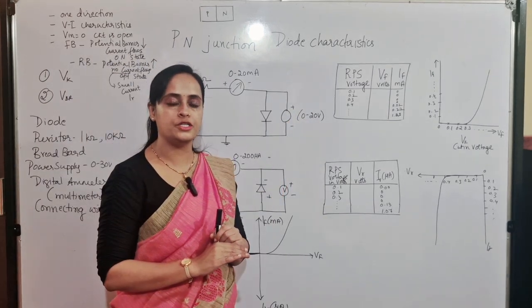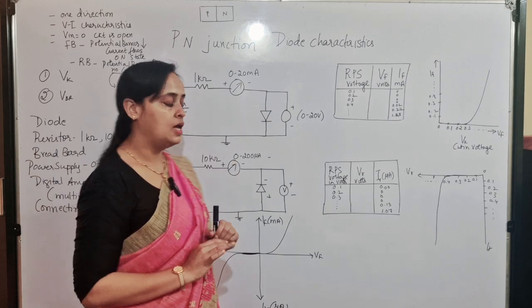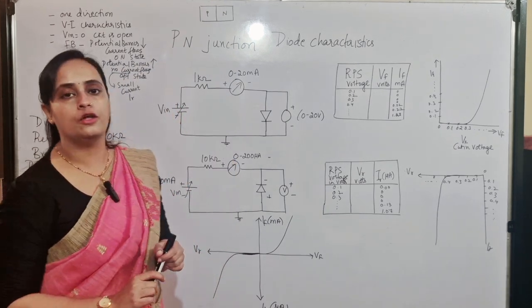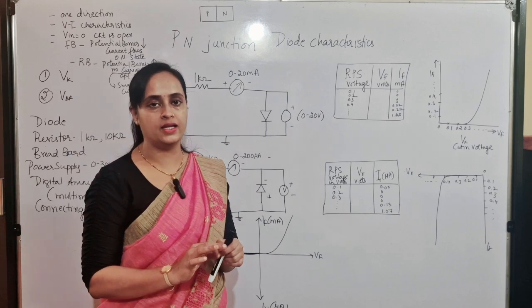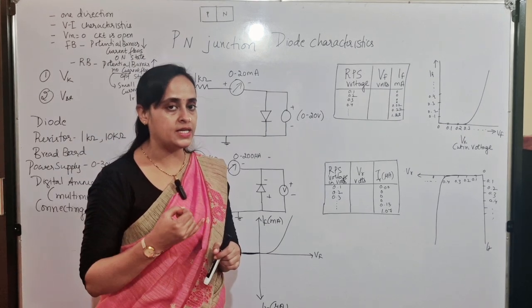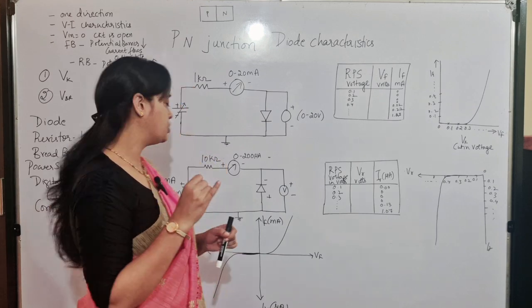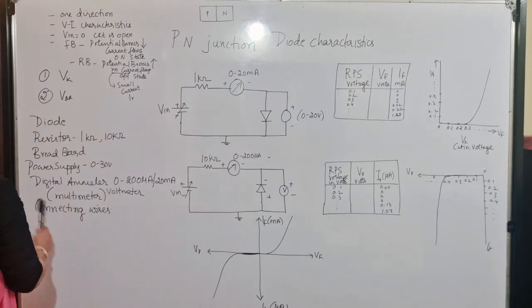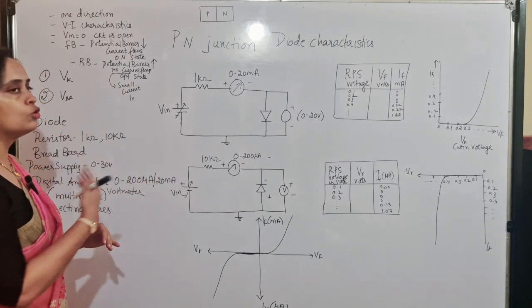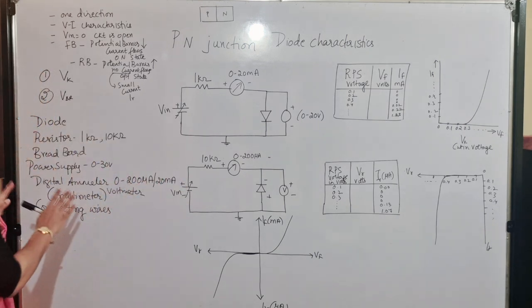The multimeter should be able to measure the readings up to 20 volts. And in the case of 200 microamperes, the knob has to be set exactly for the current knob. So if the multimeter is being used, the settings are very important to measure the readings. The last thing is connecting wires. So this is how, understand what we are supposed to do and what we need.